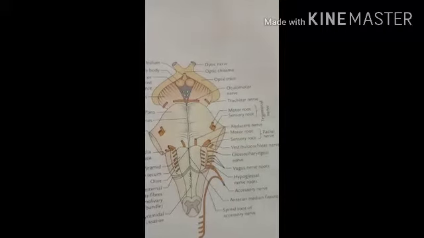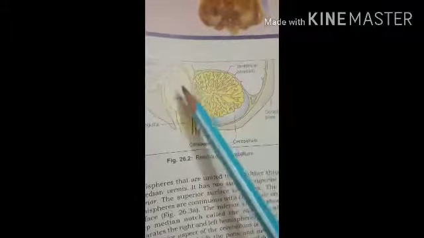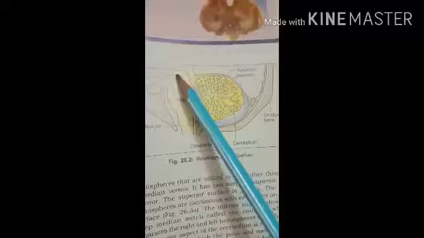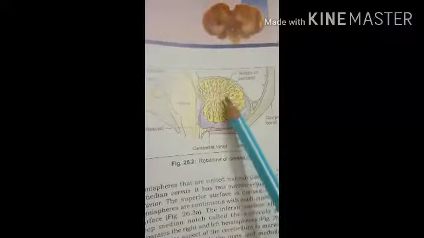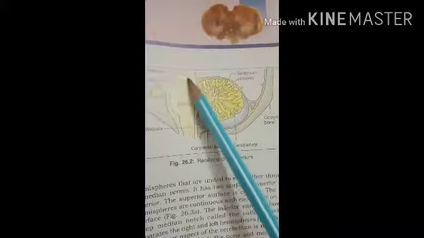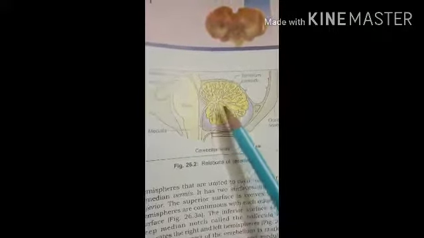The midbrain, pons and medulla are attached with the cerebellum by the superior, middle and inferior cerebellar peduncle. Here in this diagram you can see the brainstem. This is the midbrain, this is pons and this is the medulla oblongata. Posterior to it there is the triangular cavity called the fourth ventricle, and posterior to it there is the cerebellum. This cerebellum is connected to the brainstem by the three peduncles, that is the superior cerebellar peduncle, the middle cerebellar peduncle and the inferior cerebellar peduncle. Through these three peduncles the cerebellum is connected to the three parts of the brainstem.